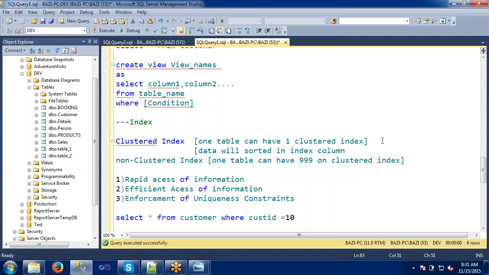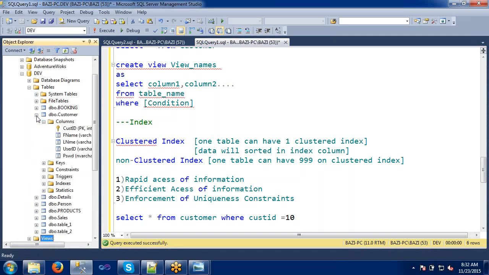Whenever we declare an index on a column, that column will first be physically sorted. Say I have a table with records 1 to 10, but my records are in a random way: first record, then fourth record, then sixth record, then eighth record. When a cluster index is defined on the key, the first thing it will do is sort the data. Then it will create the index on this table. Means physically the records will be in sorted order. Okay.